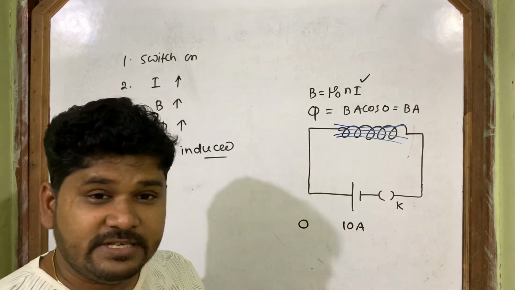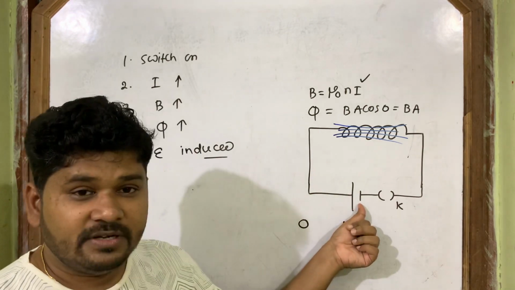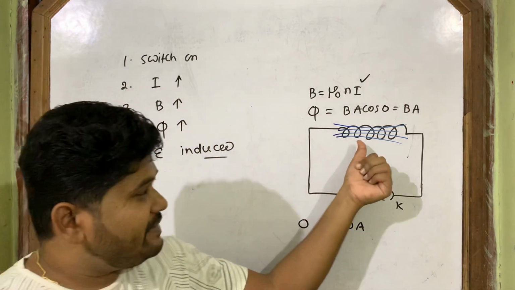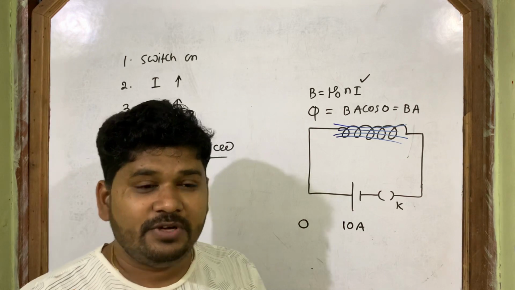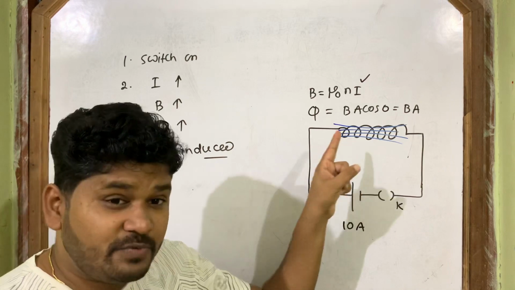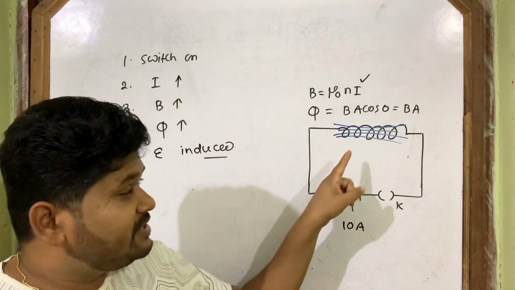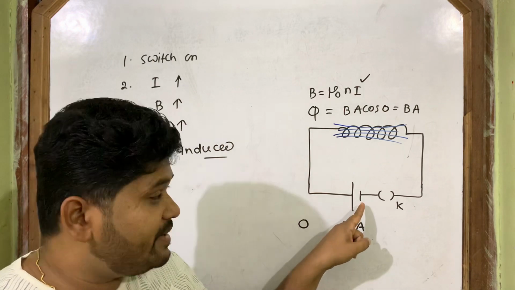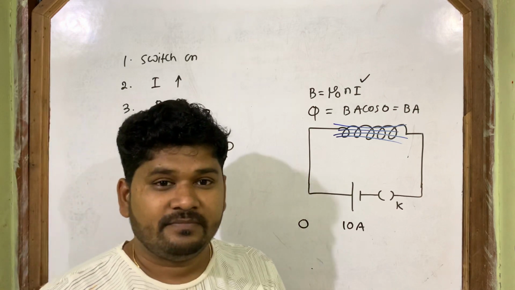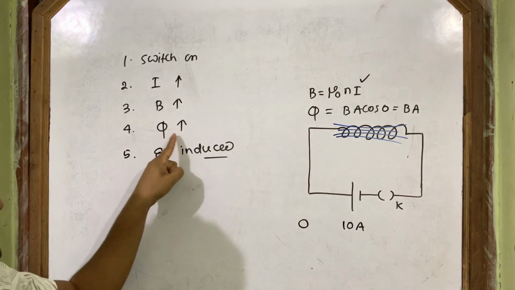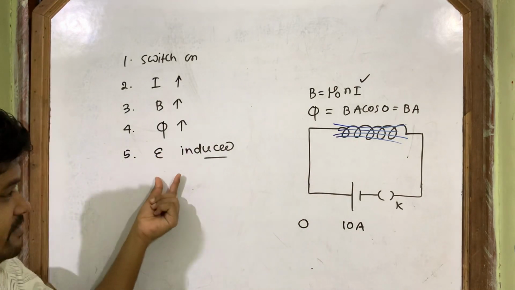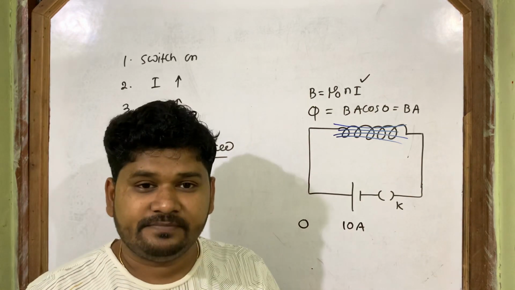Now are you getting astonished at how EMF is induced here? Yes, we saw that one EMF is induced in the coil. The EMF which is induced in the coil, this is not this EMF, this is the applied EMF. But another EMF is induced in the coil due to change in the magnetic flux linked with the coil.